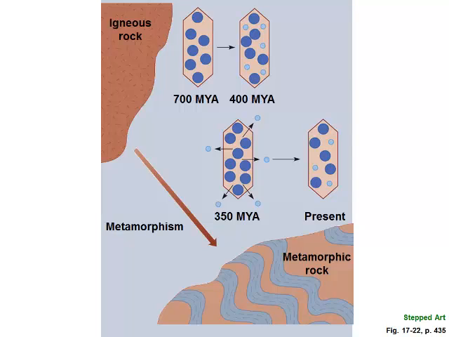What happens is sometimes you'll get the situation where the igneous rock, you get the crystals formed, you go through metamorphism, and because we know that the metamorphic change causes crystals to realign and move and migrate through rock, the daughter nuclei can migrate out, and a crystal that we would expect to be 700 million years old when we start looking at the half-lives is actually 350 million years old because the daughter nuclei has already migrated out, because we're looking at a ratio. In this case, this would be 100%,